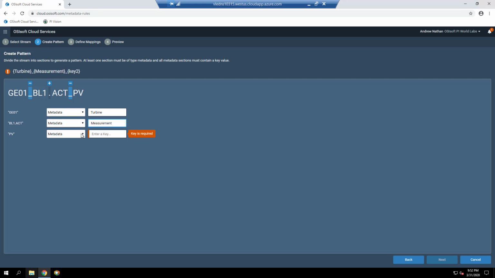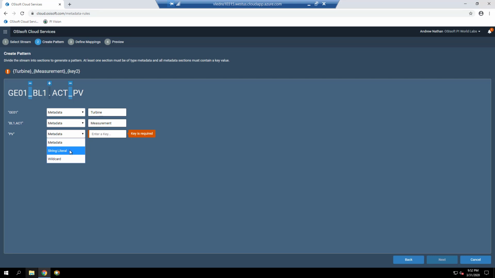Each delimited section of a selected stream name can be designated as metadata, string literal, or wildcard. Streams matching this pattern will be assigned the metadata pattern defined in this step.